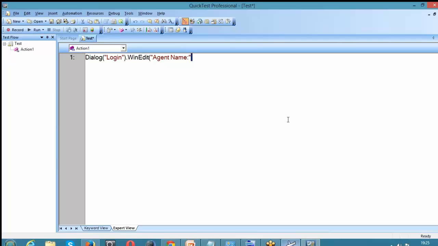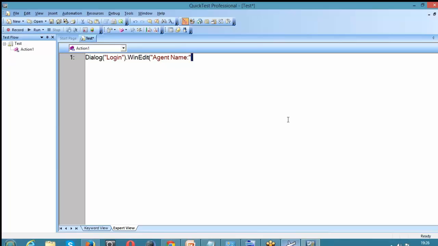But it will prompt you with four filter options. The first filter option will add only the parent object. The second filter option adds all the default object types, like all the editable objects. The next filter option, all object types, adds the default object types plus images and static text. The last filter option lets us add a specific object into the object repository. It can be a button, an edit box, anything. You select the appropriate one and only that specific class of object will be loaded into